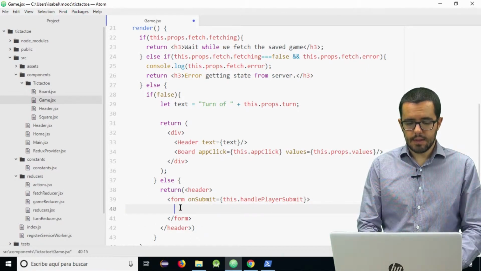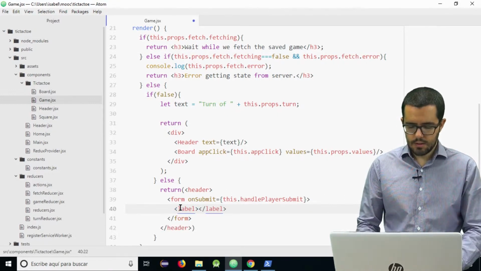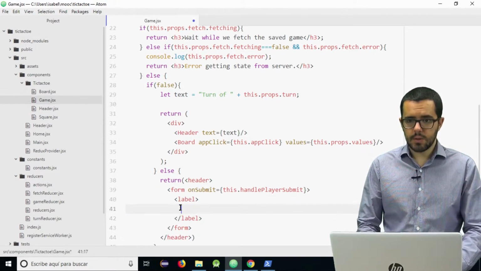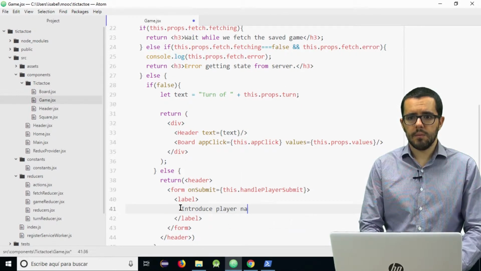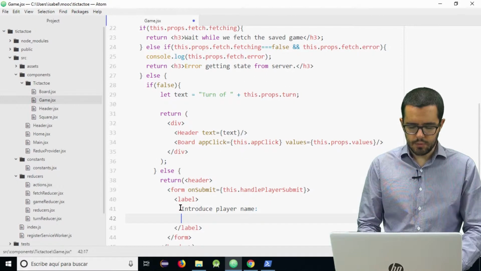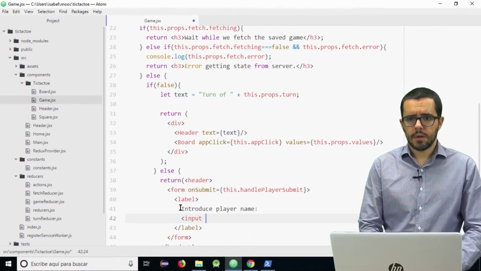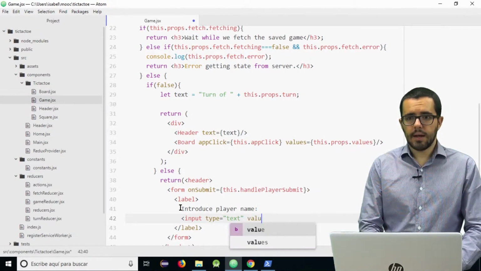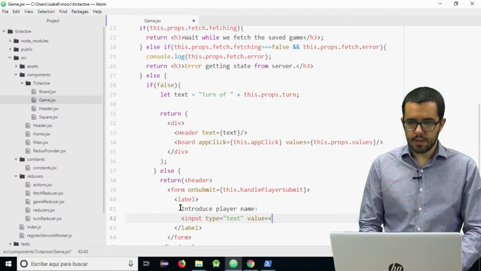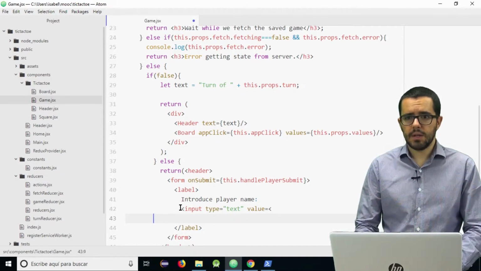And inside the form, we include a label. We tell the user: introduce player name, and the input field. This input field, of course, is type text. It has a value that we will see in a minute.